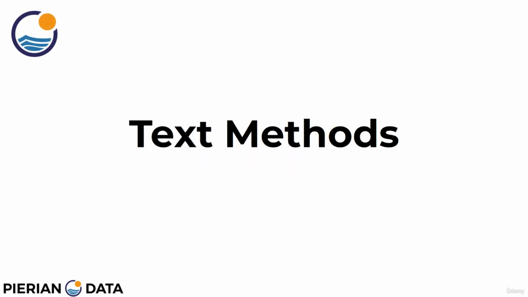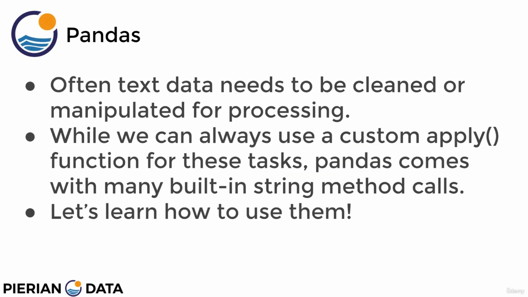Welcome back everyone to this lecture on text methods with pandas. Often text data needs to be cleaned or manipulated for processing. For example, you could have a column that is a bunch of email addresses. So you have something like someone's name at gmail.com. And what could be a common task is to try to separate the domain names from the actual name on